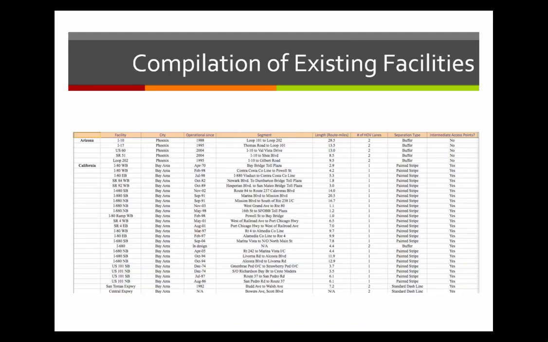My next task with the project was a compilation of existing facilities. The purpose of this was really just as a good tool to compare all the different HOV and HOT facilities that currently exist. Like I said, there were 345 HOV and 13 HOT. So this is hopefully going to become a helpful spreadsheet in which we can compare all the different characteristics that are so variable and unique to each facility,